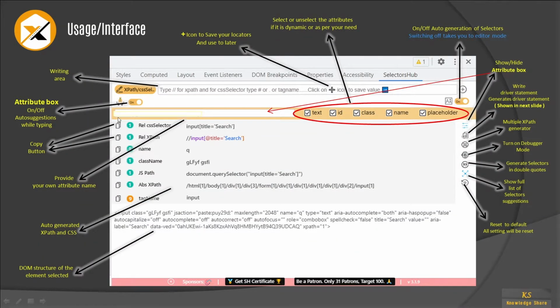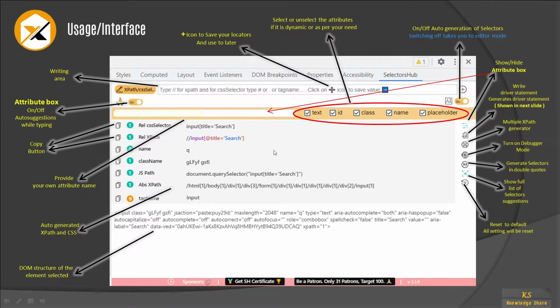Next, coming to this part which you are seeing here, these are copy icons. For example, if you want to copy this path to paste in your code, then you can use these icons. So all separate copy buttons are given for each and every path that is generated, so you can use this button to copy. Okay, and also see here, provide your own attribute name. As I said, you can provide your own attribute name to generate the paths here.